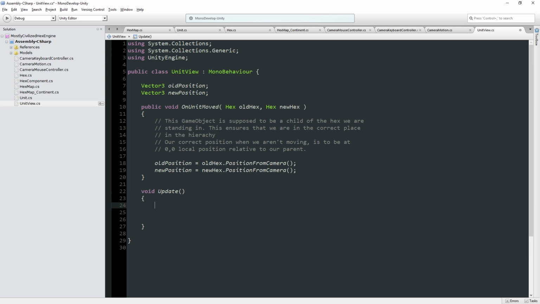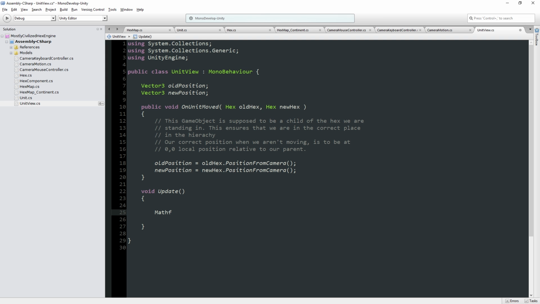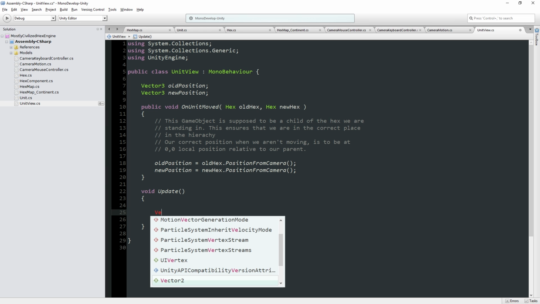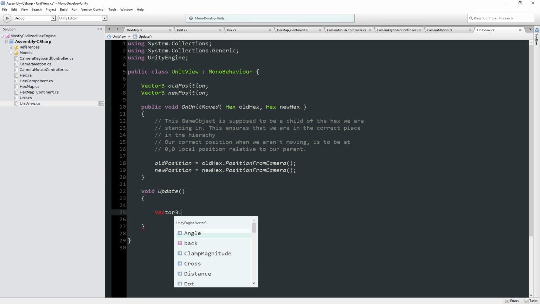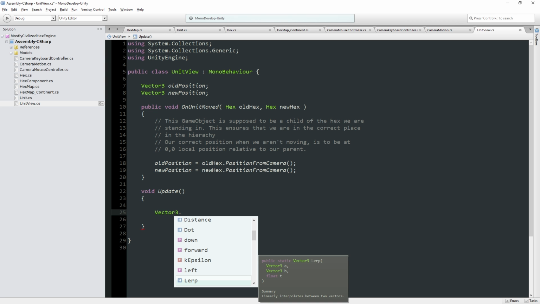Now, we want to move smoothly from one to another, right? Which sounds like it might be a place for, well, not a mathf.lerp, but a Vector3.Lerp. This will move from position A to position B over time. The thing with Vector3.Lerp is it is linear, so it moves at a constant speed from A to B. When you're doing physical movement, it actually looks a lot better, and I've done weird things with time.deltaTime before and whatever,